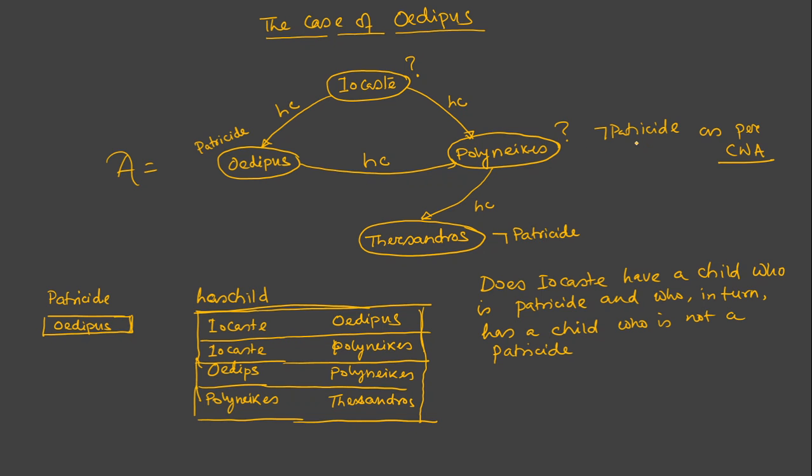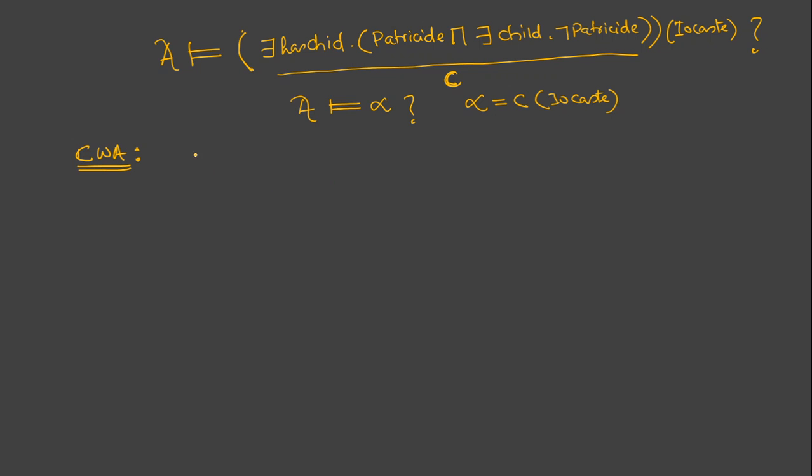So the CWA will return true, because Oedipus is a patricide and has a child in the form of Polynicus who is not patricide,